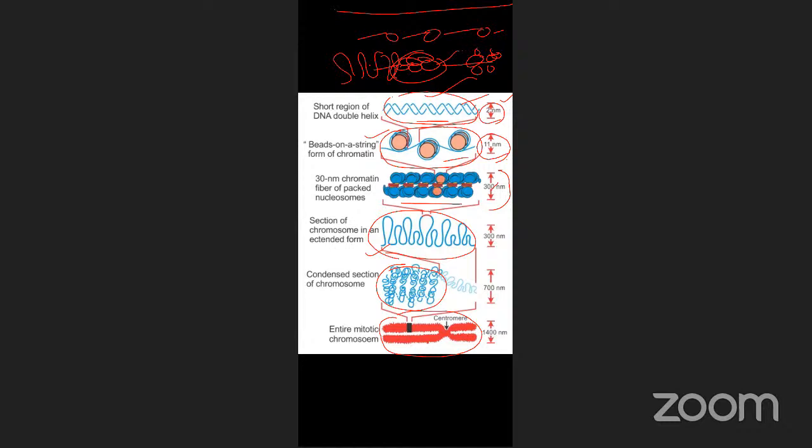And next one 300 nanometer. That means thickness increased. Next 700 nanometer. Next chromosome. And finally, the beadlets appear as a chromosome, 1400 nanometer. So first it starts as DNA on strings, that means beads, then chromatin packed. These also appear as beads, but closely packed beads. The bead level increased, condensed form of chromosome, and finally the true chromosome form is clear.